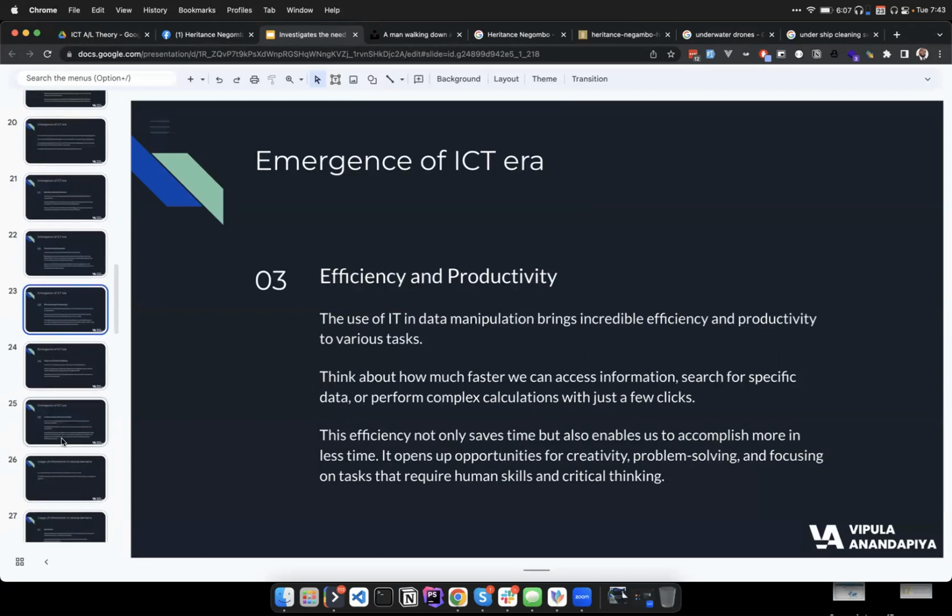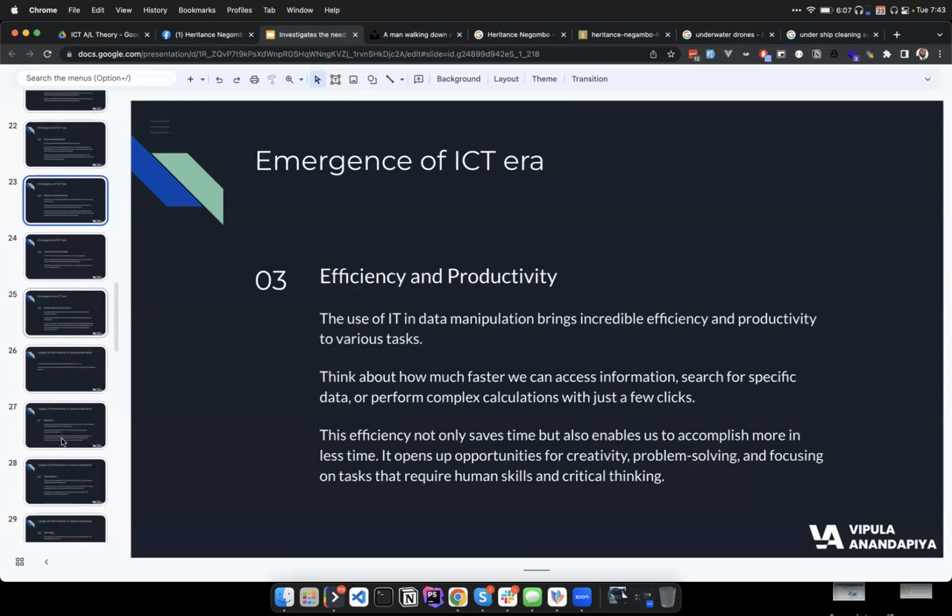Efficiency and productivity. So all the data will be saved in a specific database, and of course we all know that that particular database can and will be exposed, and you guys will be able to manipulate and create or access all the data points you have. So the efficiency part is literally, since this is saved in a digital way, it's going to be extremely fast and extremely robust and easy to access, as well as